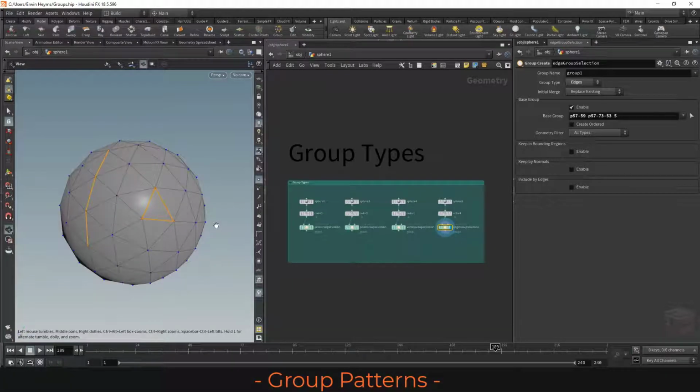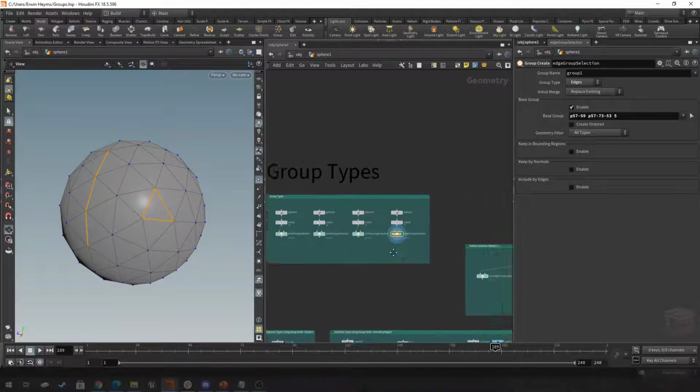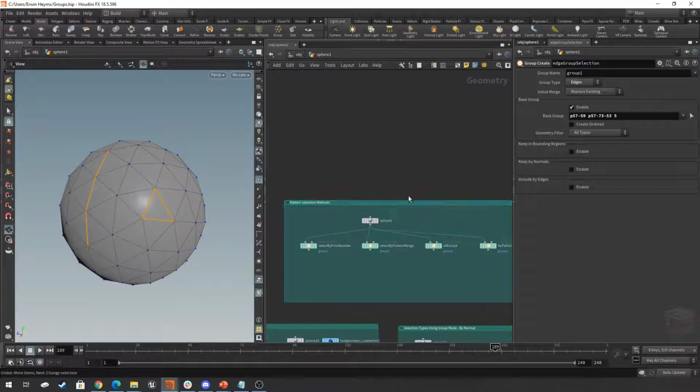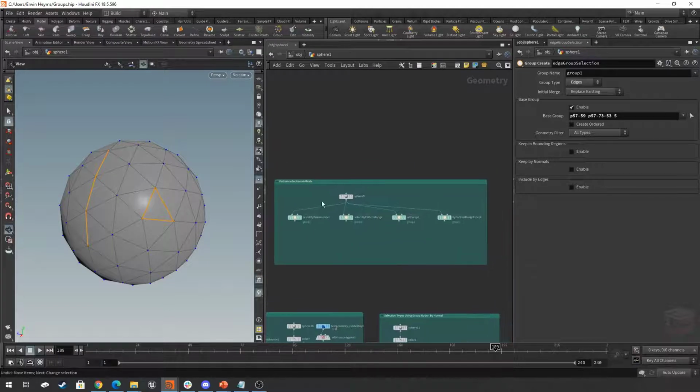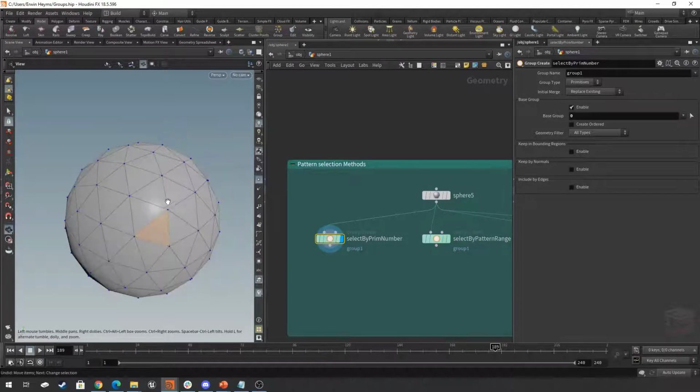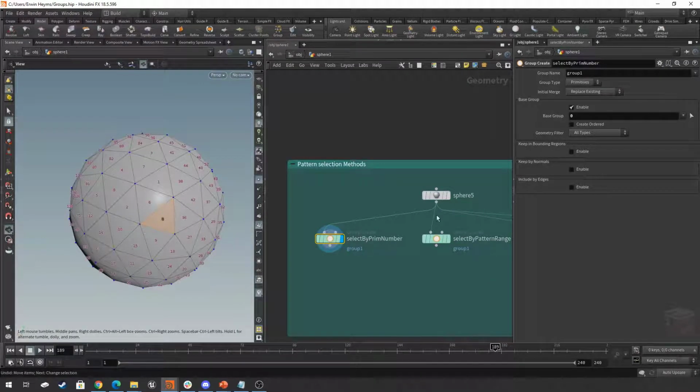So next, let's have a quick look at how we can use the numbers of our primitives or points or other elements to make different kinds of selections. If I go over here to the right, I have another example prepared, and I just want to quickly show you the types of selections we can make. So here I have a group node that's creating a primitive group selection,